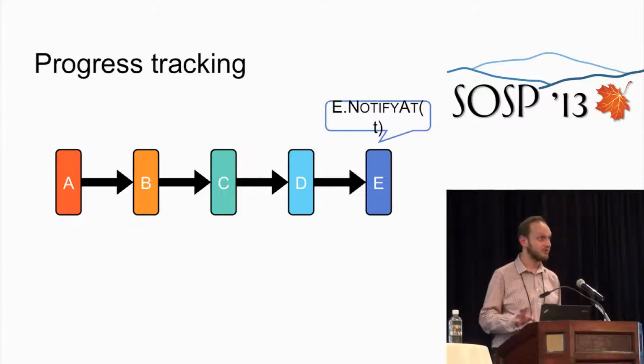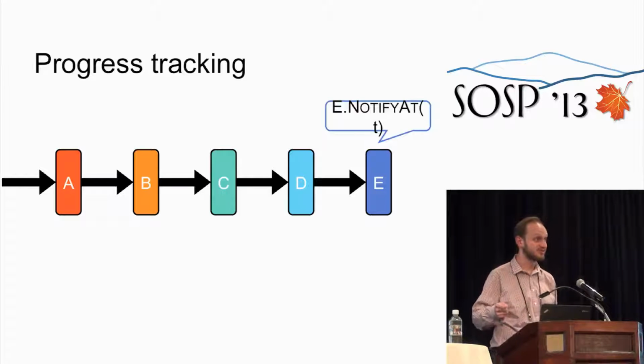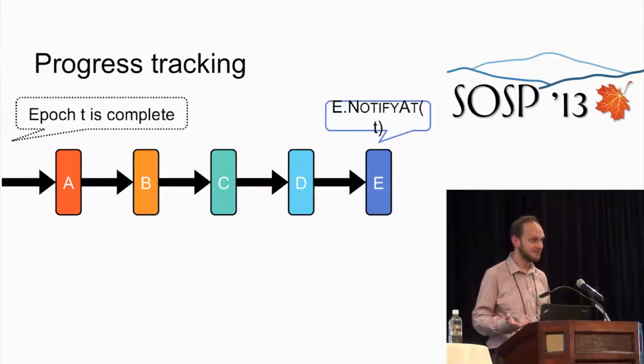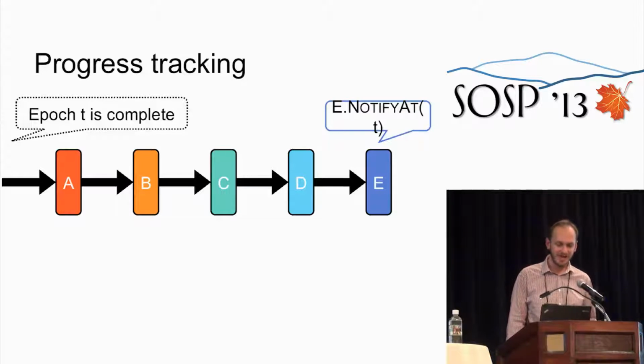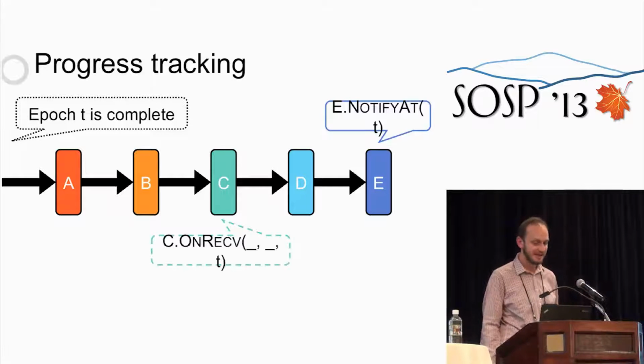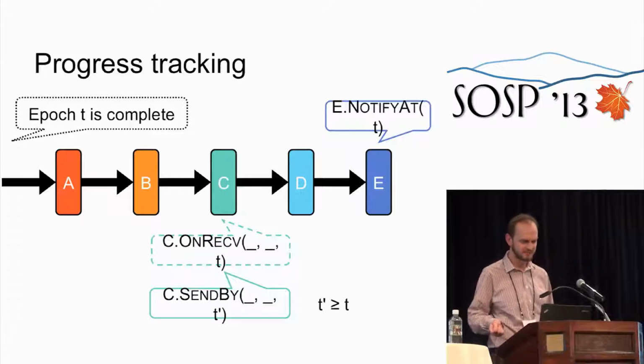So to make this work at all, we're going to need a few ground rules. First of all, we'll need the external source of data to give us some information about progress. What this amounts to is that it will assign integer epochs to the incoming data, and at some point declare that epoch t is complete. The next constraint is that vertices may not send messages back in time. What does this mean? Well, if C is running a callback at time t, this means that all of its calls to SendBy must be at a time t', where t' is greater than or equal to t. This is the same constraint that Jefferson had in his virtual time system many decades ago.